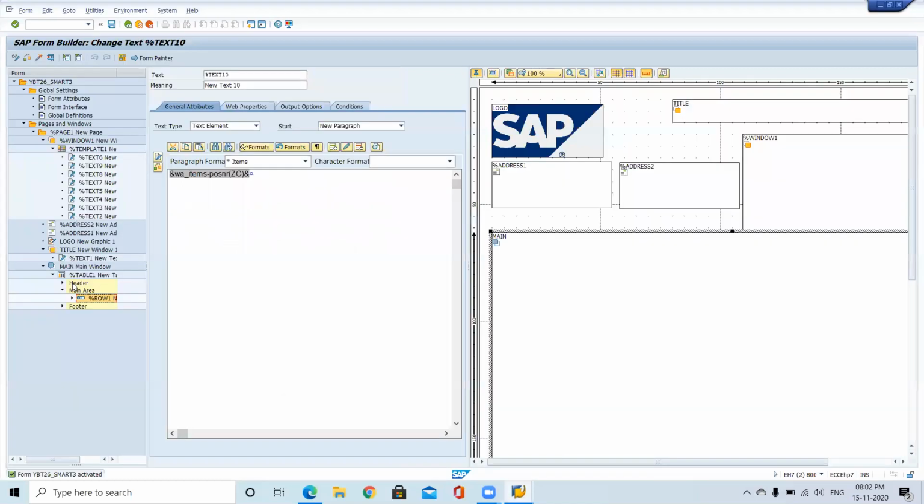So in the table, we are having header. We use this header for printing the header line, heading for the particular table. And here we are printing the items. If multiple items are there, it will print all the items. Now in the footer, we want to print approved by or something like a digital signature. Then we want to write that information in the footer.